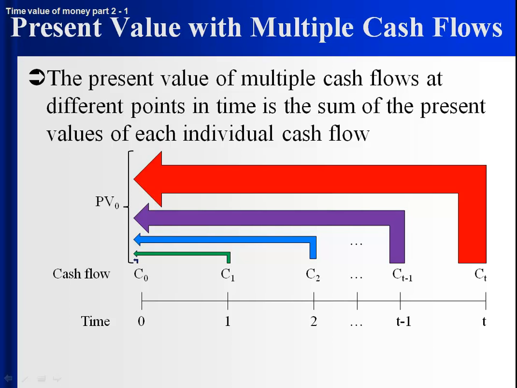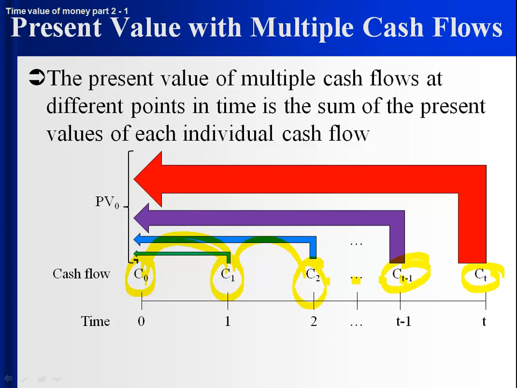Is it simply the sum of the present values of all the different cash flows? So you get something today, something in one period, so you'd figure out its present value, something in 2 periods, figure out its present value, and you would do that for all the expected cash flows for an investment or a loan or for whatever we're talking about, add it up, and that's the present value